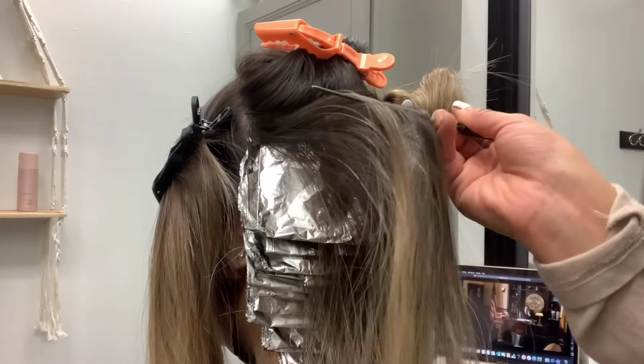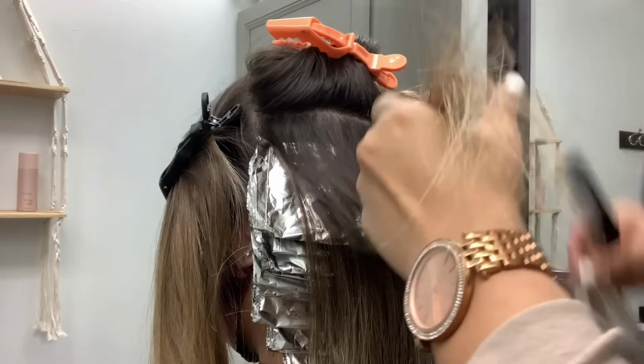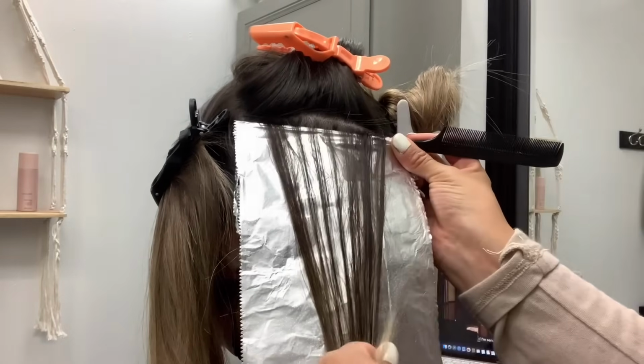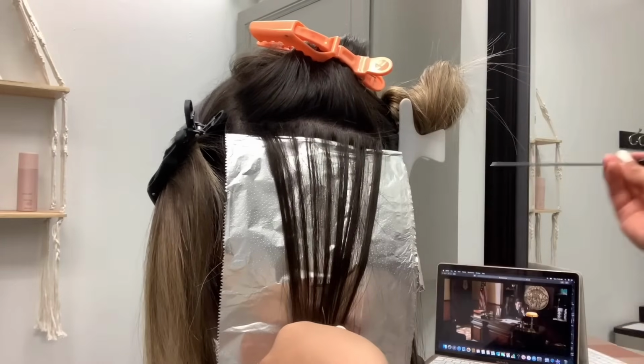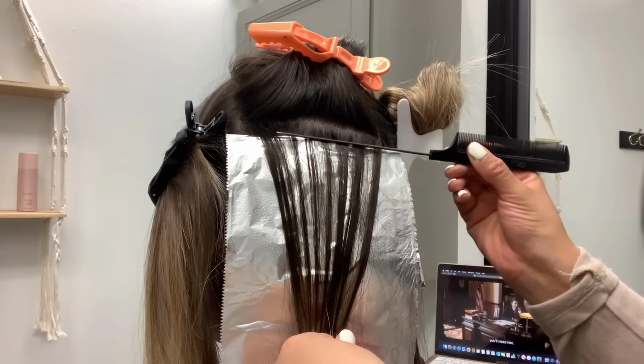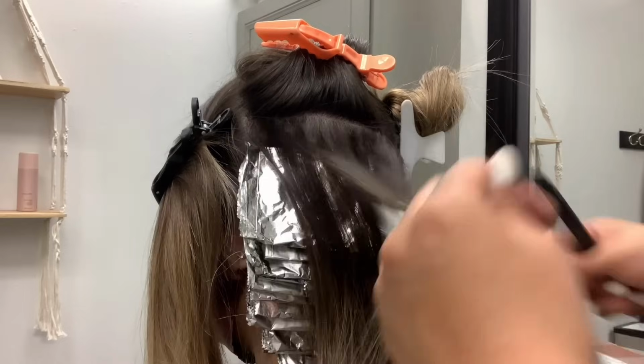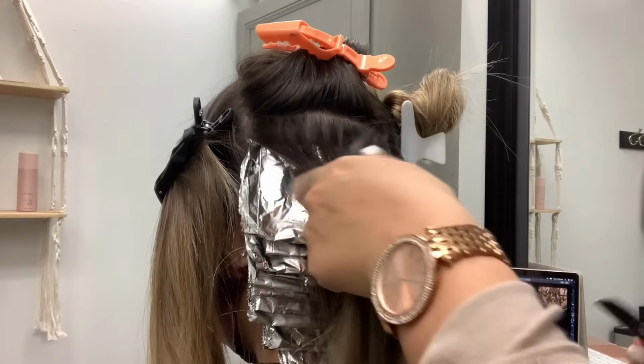Now, this is another way as well that I'm showing you that you don't want to do. You don't want to take super thick sections and then add the foil. Look at how you still see hair right at that line between the foil and the scalp. You do not want that. So make sure that you guys are taking very small sections and just using your best judgment, and also too,